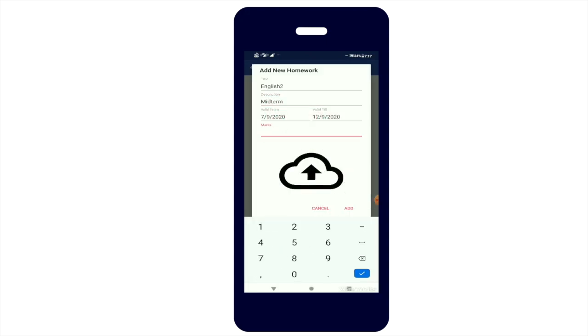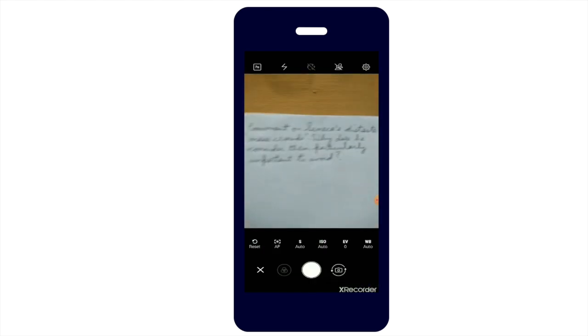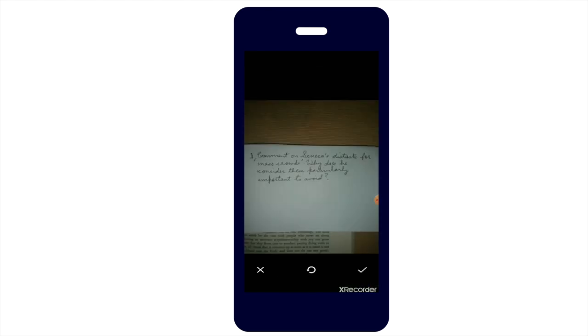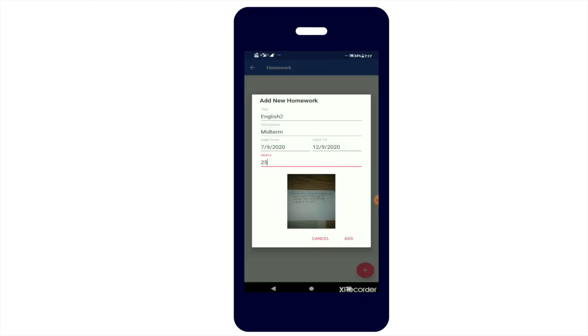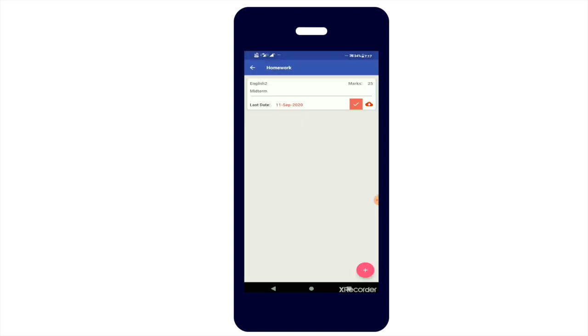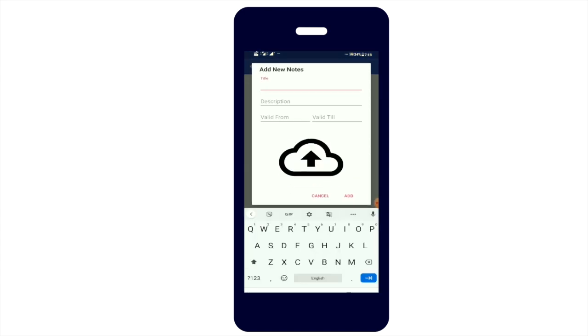WeClass offers you the convenience to click an image of the assignment which you would like to share with the students and also evaluate the assignments once submitted by the students. A validity period is also present for students to submit the details within a stipulated time. Similarly, notes and links can be added by clicking on the Notes and Web Links options and entering the details, which are then notified to the student.